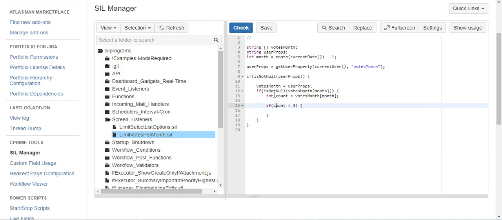Well, no. Say if count is greater than or equal to 3, we would do an LF disable